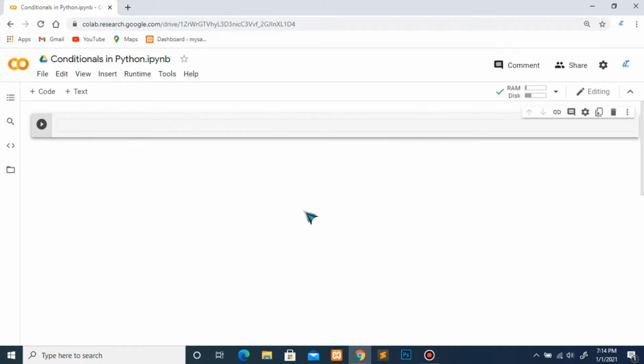But if you don't know how to create a notebook and connect it with the CPU, then I have a video in which I implemented the print function. In that video, I explained each and everything about Colab. So if you don't know how to do this, watch that video first, then you will get a complete idea about Google Colab. Now let's start working with the operators.